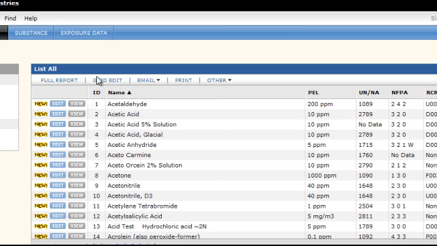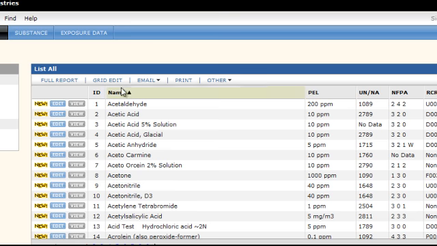And what I'll start by doing is just kind of giving you a brief overview of QuickBase itself, and then we'll go into some of the features of this application. Any database is basically built on fields, forms, and reports. The field is the smallest unit of data stored in the application. So each of these columns represents a different field. We have the ID number of the chemical, the name,